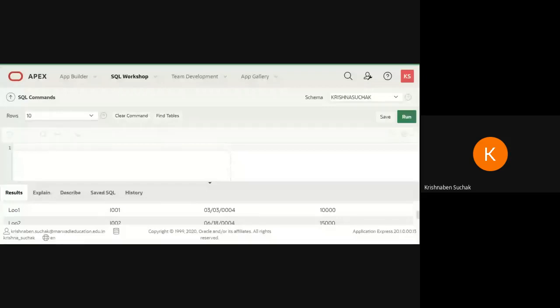What I need to write here is update installment 2, set amount equals to amount plus 5,000, but not in all records, only in two records, L003 and L002. So I need to keep a constraint here.